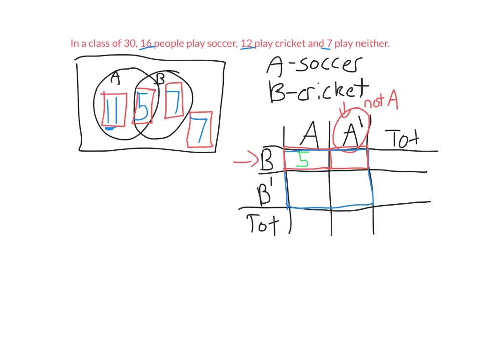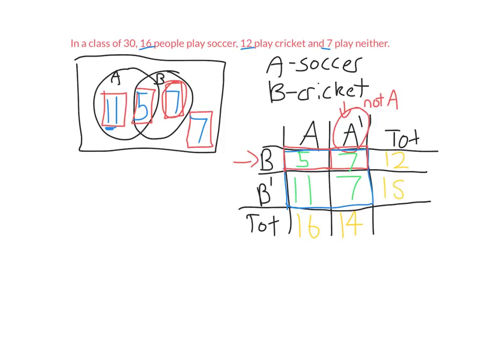They play cricket only. So that's these 7 people here. Similarly, this cell here plays soccer but not cricket, and the other cell plays neither. So the 4 numbers in the Venn diagram are the 4 middle cells of the two-way table. A difference between the Venn diagram and two-way table is that we have a row for totals in the